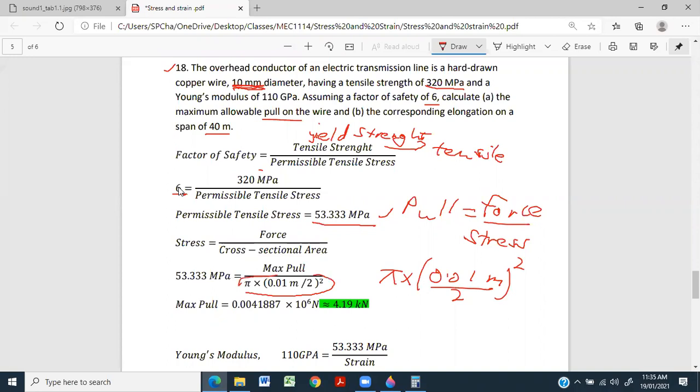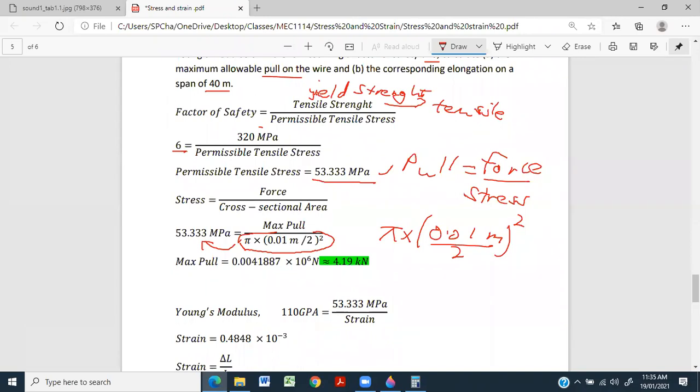Multiplying by 53.333 megapascals, we get the force. The force is the max pull. So 53.333 megapascals times pi times 0.01 meters divided by 2 squared is equal to 0.00418887 times 10 to the 6 newtons,